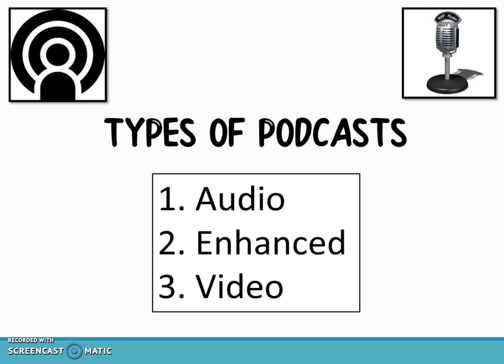There are essentially three types of podcasts. There's audio, enhanced, and video. With audio, it's usually just a standard MP3 format, and you'll just hear the audio version. And then in video, you're going to see video footage usually with it, and again, it can be MP4. Enhanced is sort of a special case. It's a variant of the standard podcast, but it can include images, text, and other medias. And it can also include audio.